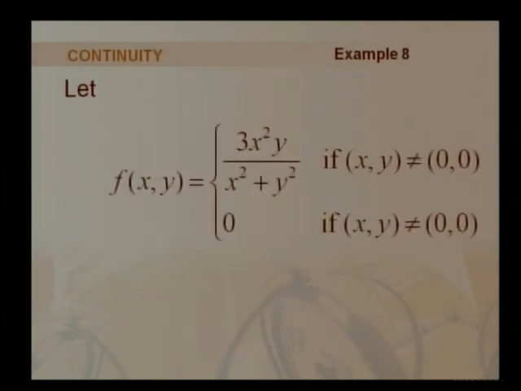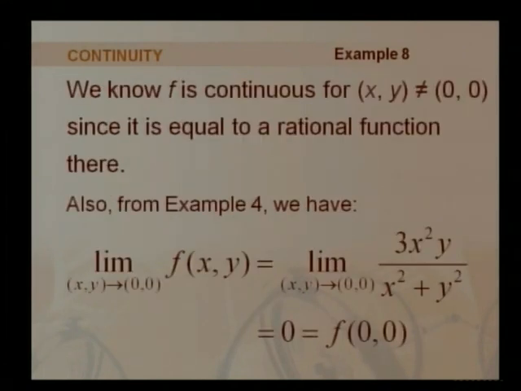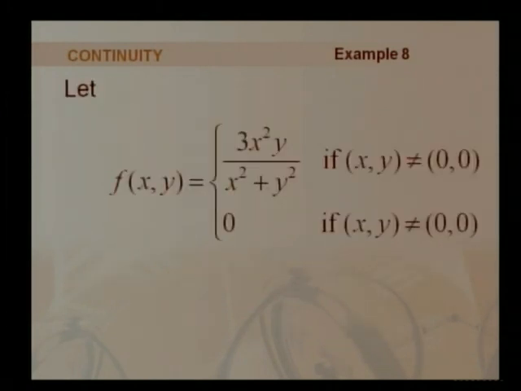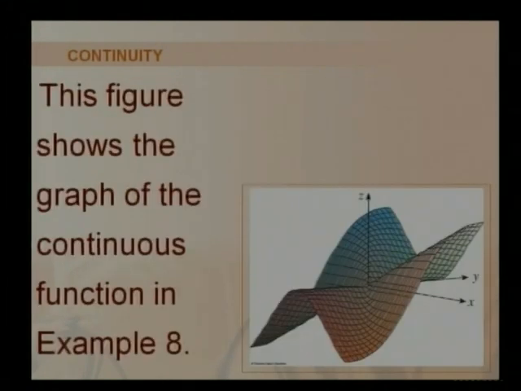But for the function f(x, y) equal to 3x squared y upon (x squared plus y squared), which is defined at every point except (0, 0), and at (0, 0) its value is 0, we are having the same value at every point. Even at 0 the value of this function is 0. That means this function f is continuous at (0, 0), while the earlier function g was not continuous at (0, 0). This figure shows the graph of the continuous function, and at (0, 0) we can see the continuity of the function. From every path it has the same value 0.